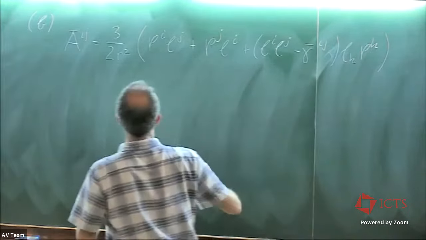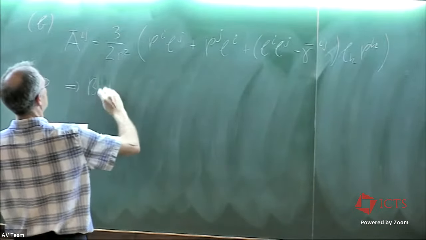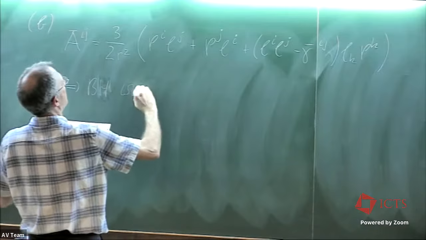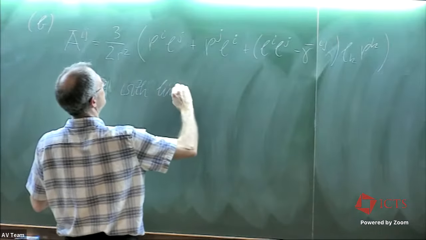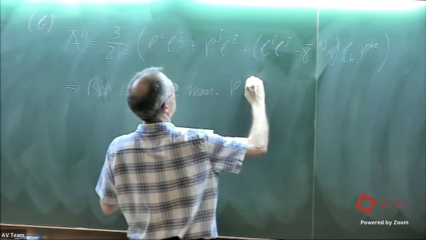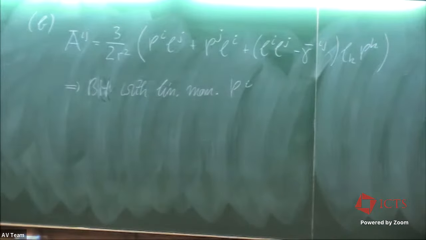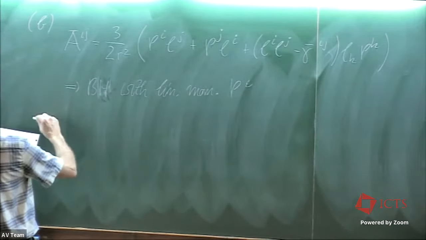This is the solution for a black hole with linear momentum pi. These solutions, basically both of them, were derived by Bowen and York in the early 80s,